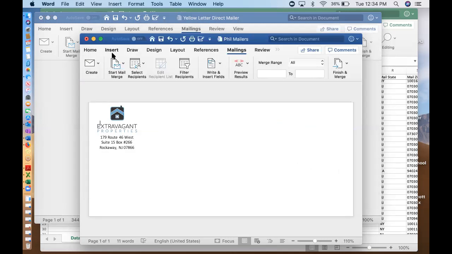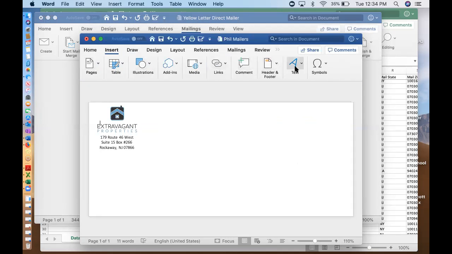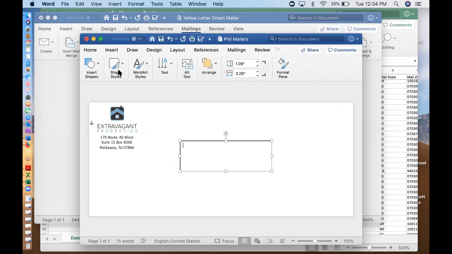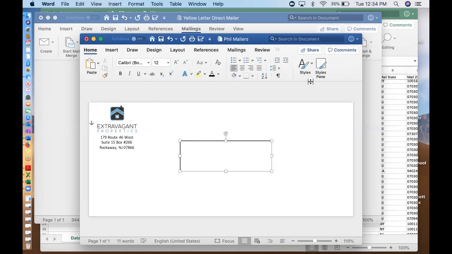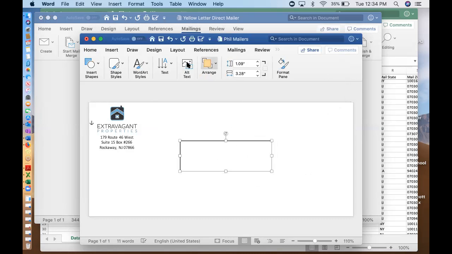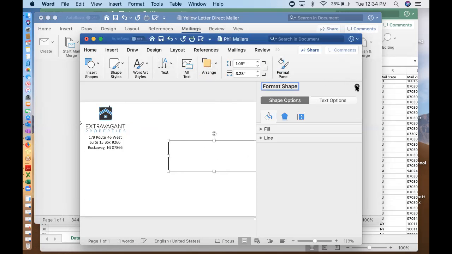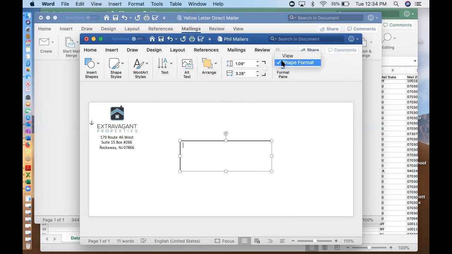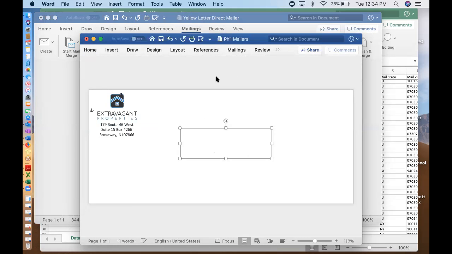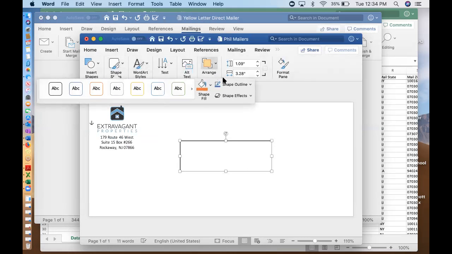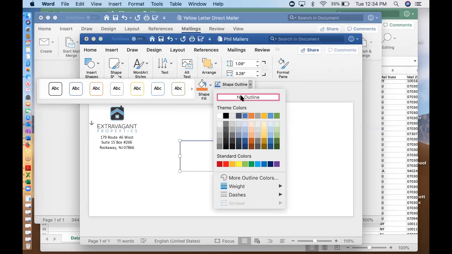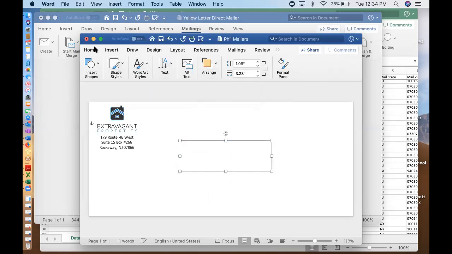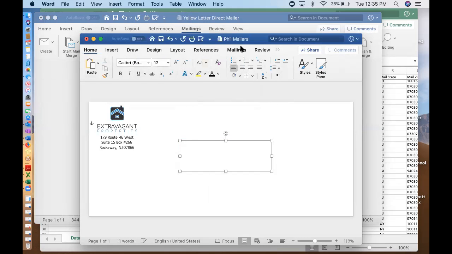I'm going to insert a text box. And you just want to make sure, because sometimes the text box obviously has styles in it, so, format pane. I like using that. You're talking about the outline? Yeah. There we go. And now in here, in the text box, I'm going back to mailings,